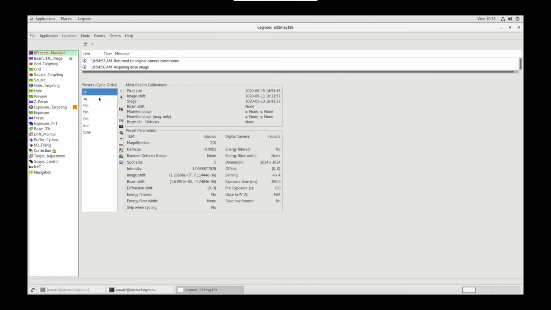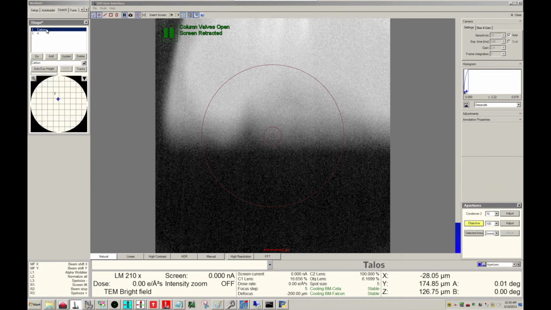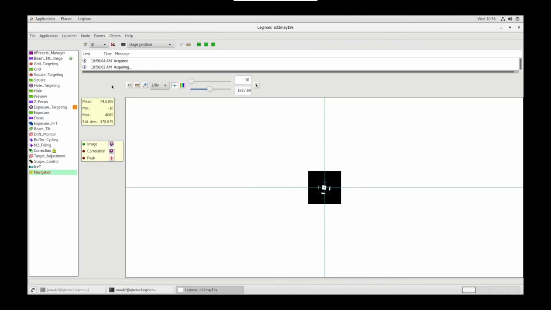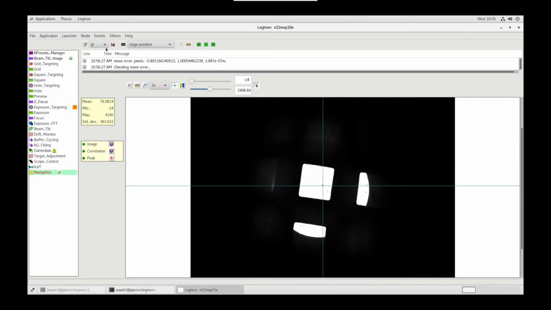Now let's do preset alignments. Let's send grid to scope. On the microscope PC, let's go to the search tab and let's go back to carbon. Using the navigation tab, let's acquire an image at grid. Let's find an object of interest and let's go to that location using the cursor tool. Let's go up in magnification. Let's send whole, acquire,